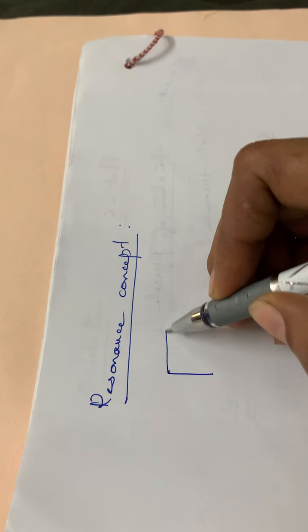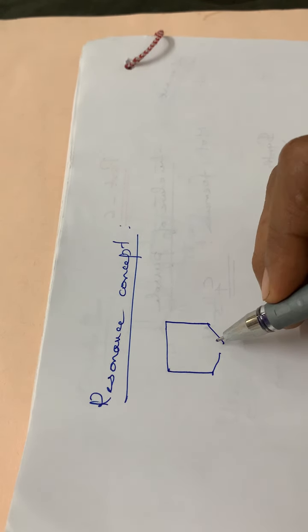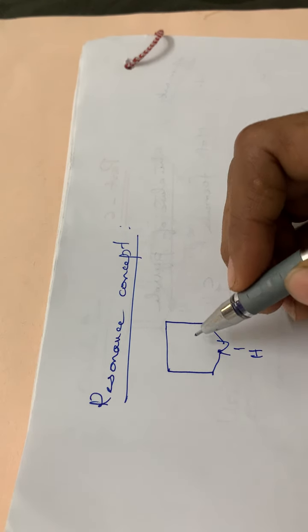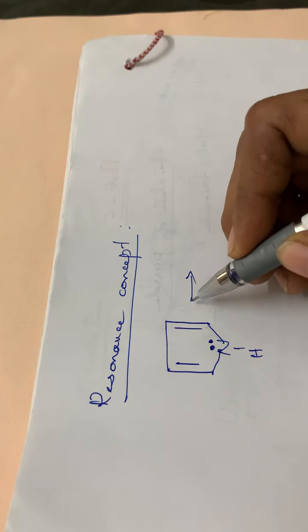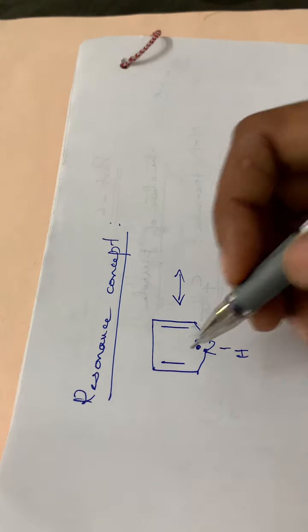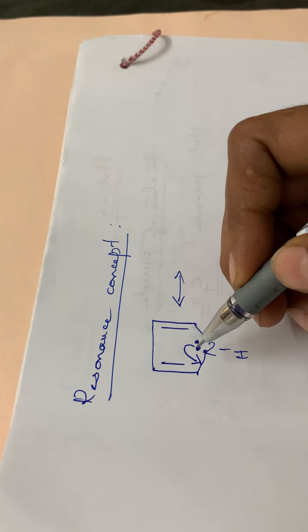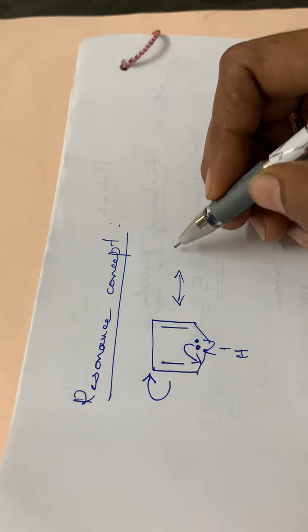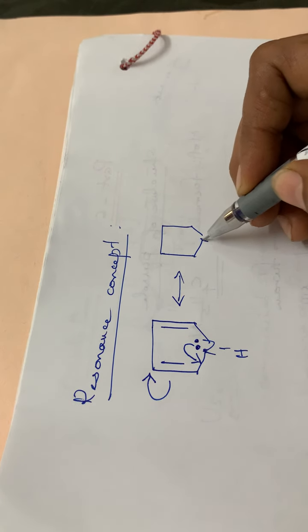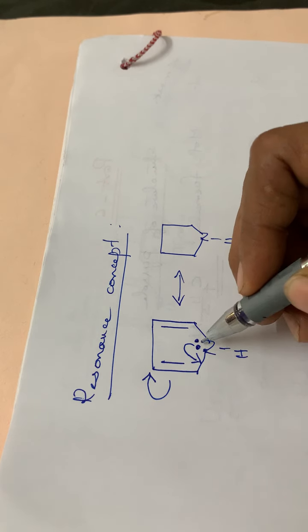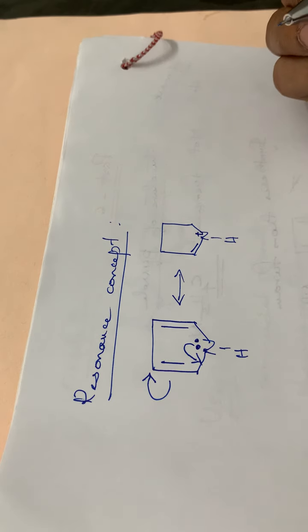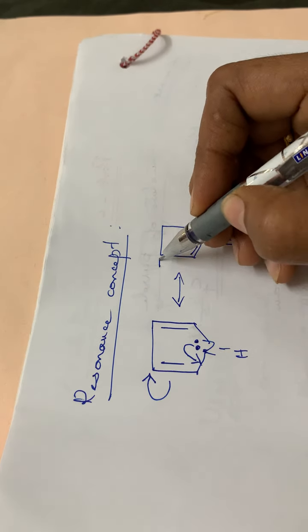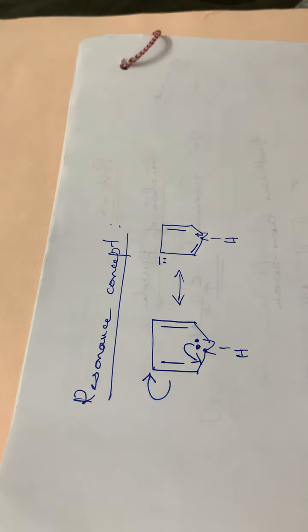Resonance concept means we have to draw the different resonating structures of this ring. This is the first structure, with nitrogen having a lone pair of electrons. Then how do you mark the electron pair shift? This electron pair will move to this position, and this double bond will move to this position. So the next structure will be like this, NH. See here, this lone pair moves to this position, so here a double bond, and this nitrogen will have a positive charge. Then this electron pair moves to this carbon atom, so here a negative charge, and already a double bond.